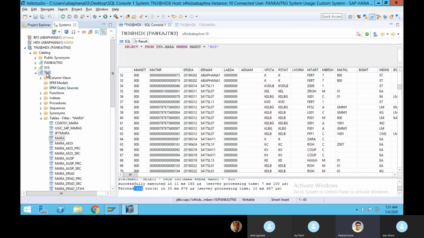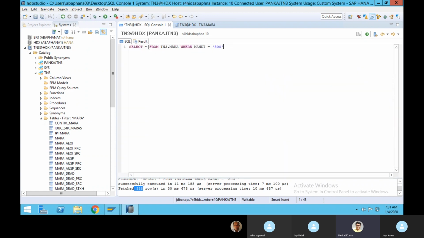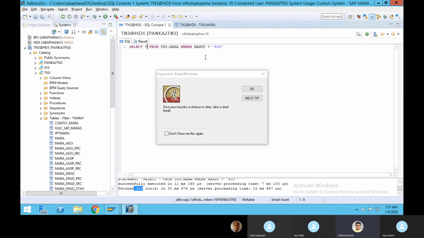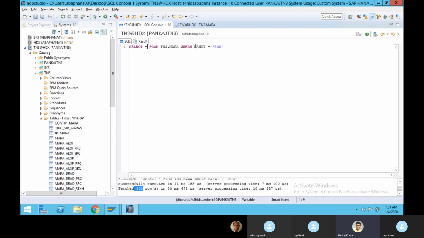In the same schema you can have a different number of clients. So be careful while doing the select condition. You must give the MANDT field, otherwise it will get all the data.